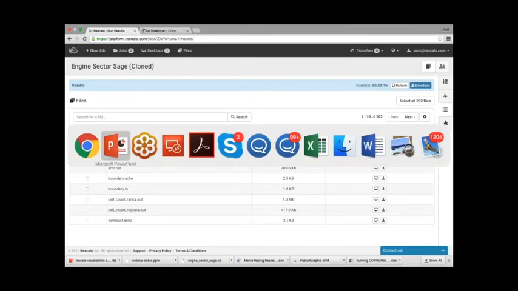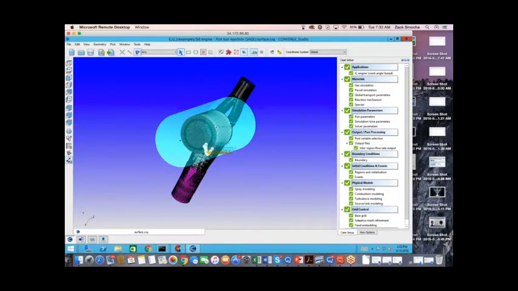For the sake of the demo, I'm just going to switch to a desktop that I already have open. When you have the desktop, you can choose which software you want to run on the desktop. In this case, I chose to run the CONVERGE GUI client. I can do whatever I want with that over here.